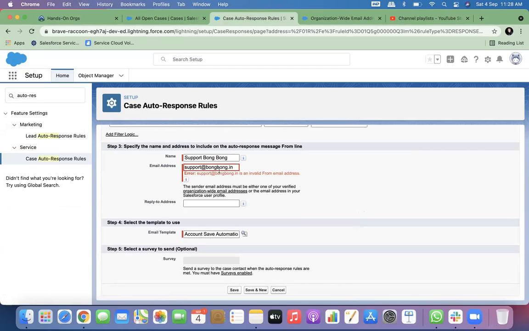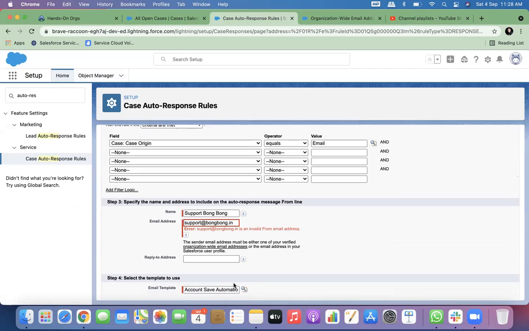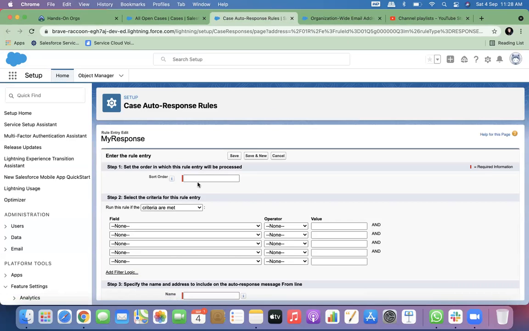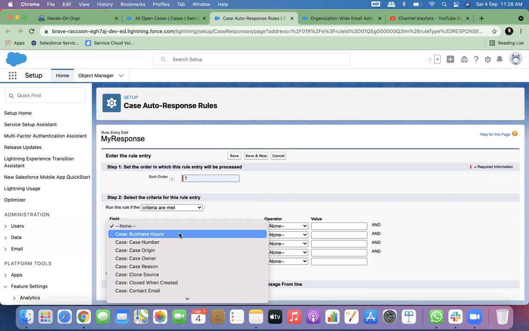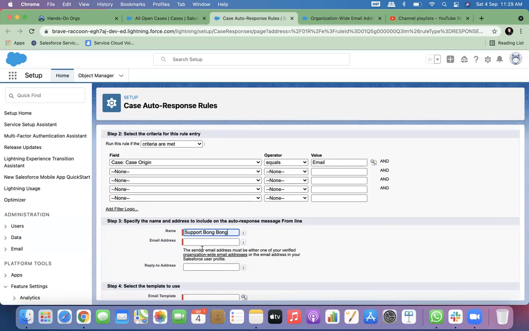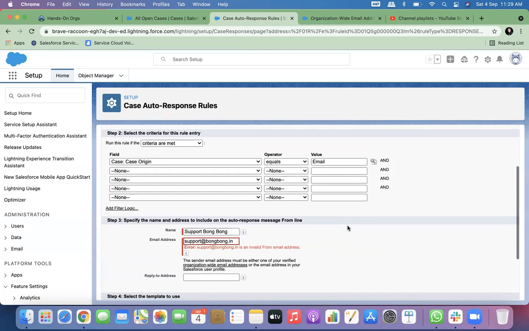There's some problem. I will check what is the invalid email ID.